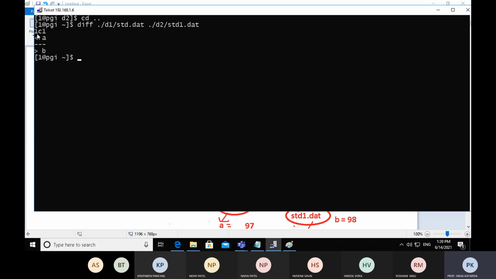That means the diff command always shows the difference value. There may be many characters in a file and in the other file, so character-wise it will show the difference here. So this is the diff command. I hope you understand.